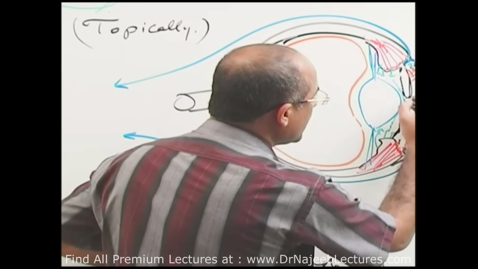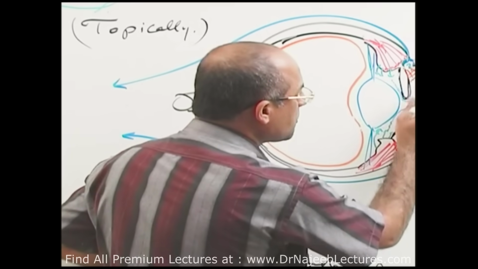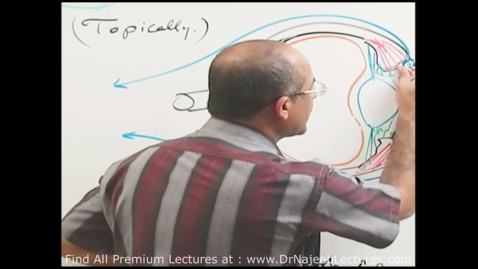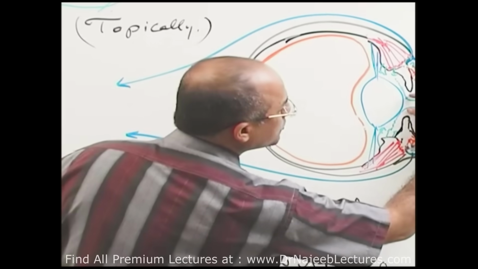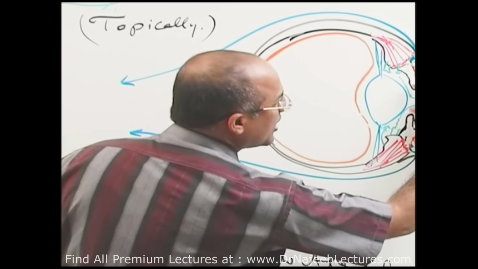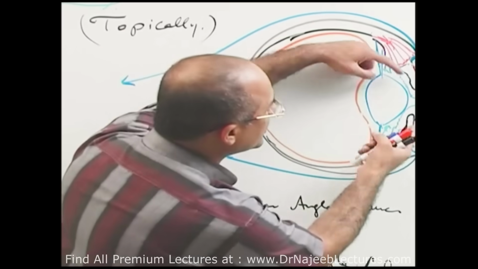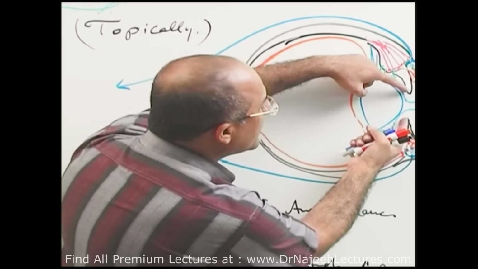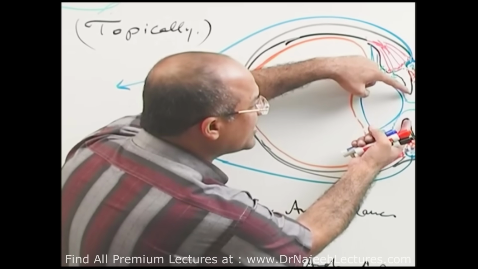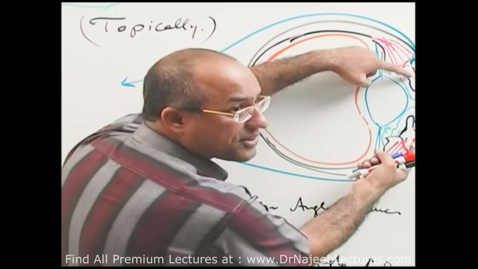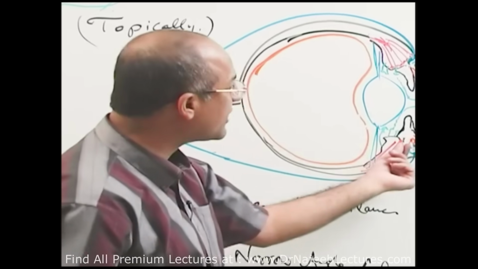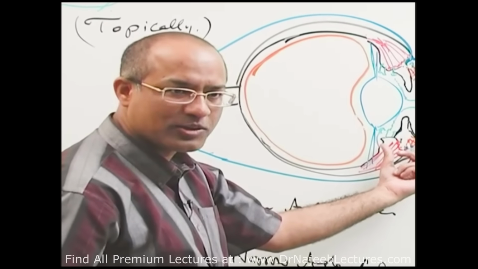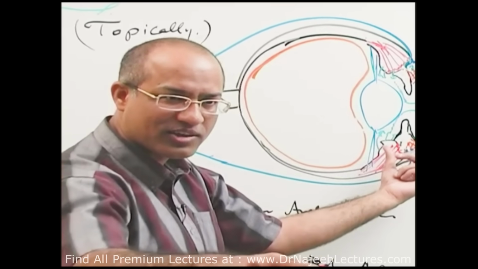Rather than the iris being like this, when the pupil dilates, the configuration of the iris will change. Now you see, the pupil which was previously like this is large. But when pupillary dilation is there, the iris actually goes away from the center and moves to the periphery, and the root of the iris, or base of the iris, becomes broad. Are you understanding? You are not understanding.